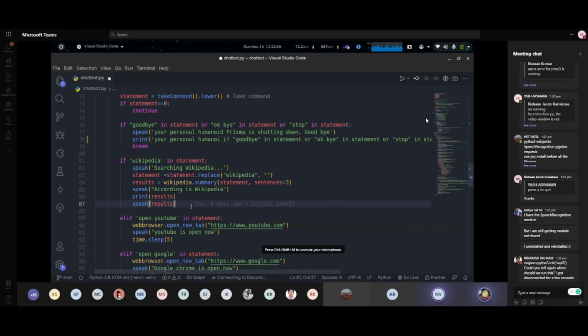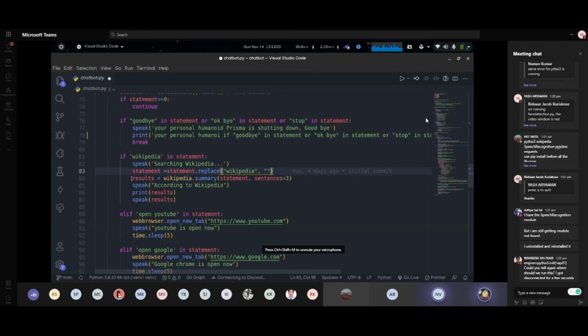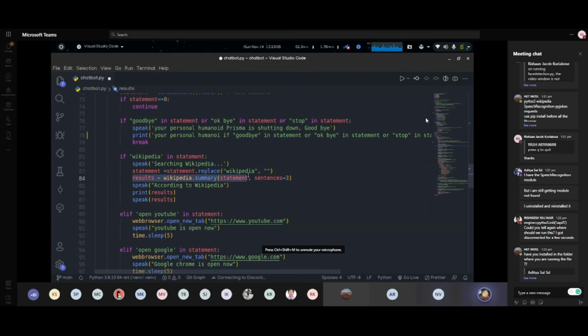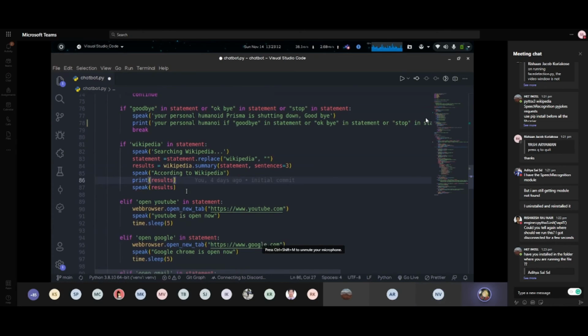The moment it hears the word Wikipedia, it will delete the word Wikipedia from the statement, and then it will perform the search on the word humanoid in Wikipedia. It will fetch 3 sentences from the humanoid Wikipedia site, and then it will speak according to Wikipedia, and speak all the facts that it has fetched.